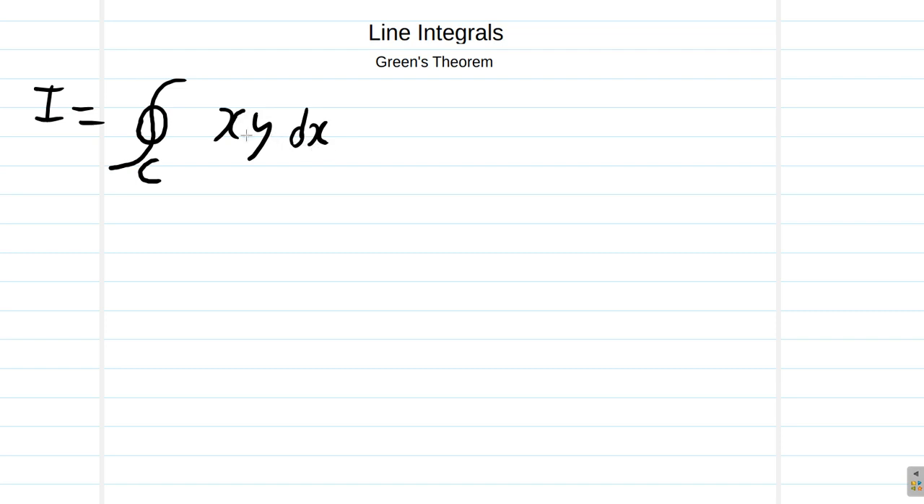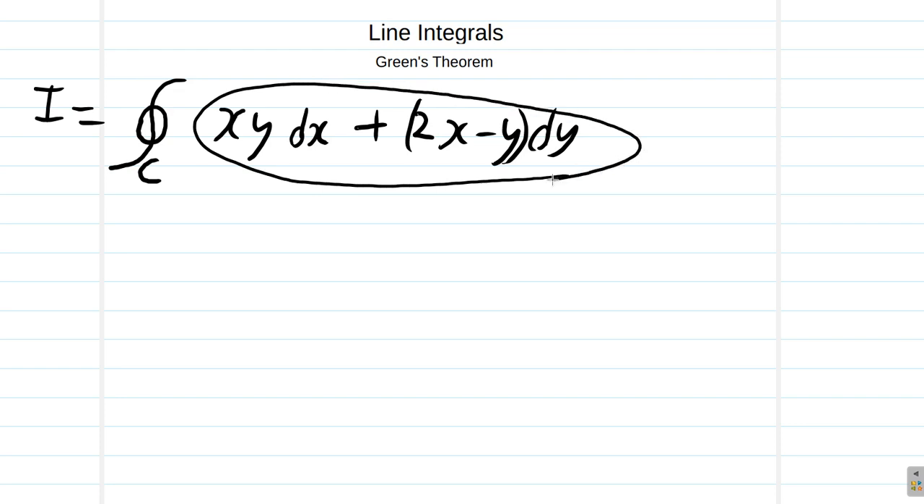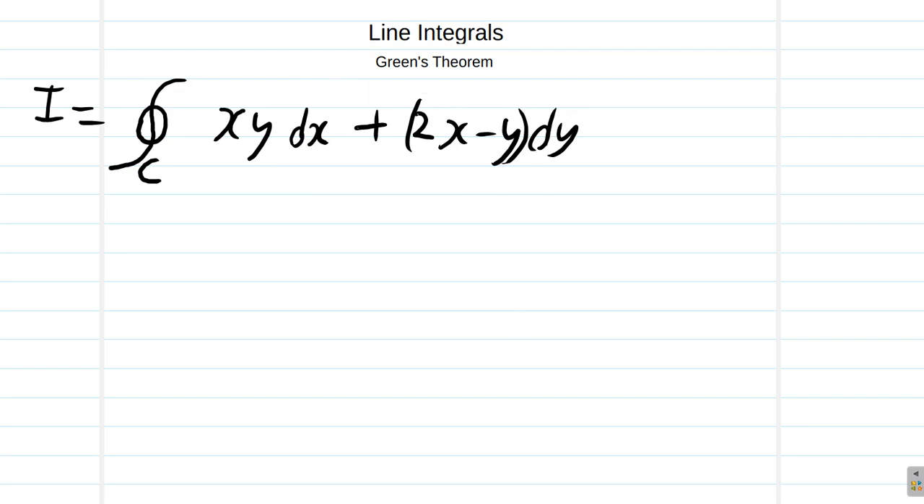dx. This is the horizontal component of the vector, plus 2x minus y dy, meaning the vertical component of the vector, where this is the equation of each vector in a vector field,